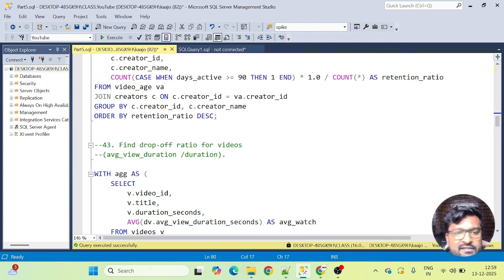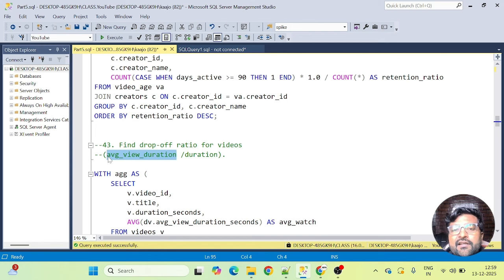Nice. So the next question is finding the drop off ratio for videos. Again, this is a really nice question, guys. Now, what drop off ratio actually means is average view duration divided by duration. If a video was published with a duration of 5 minutes, 5 multiplied by 60 will be 300 seconds, right? So we need the total duration of a video and then its average view duration.